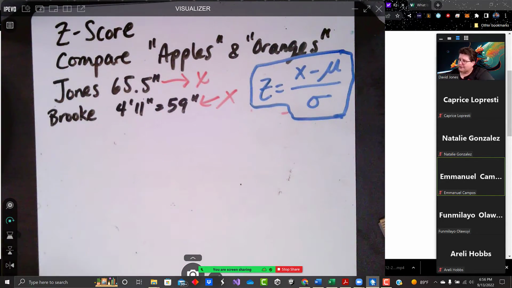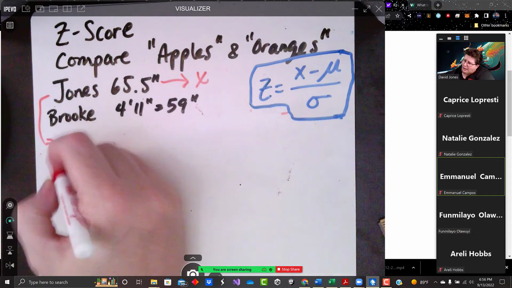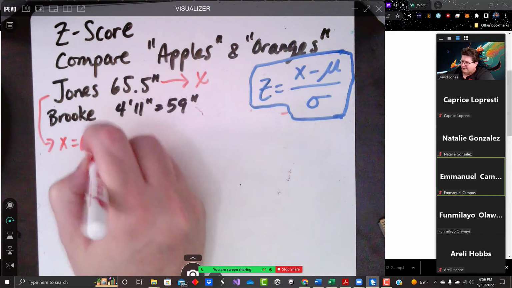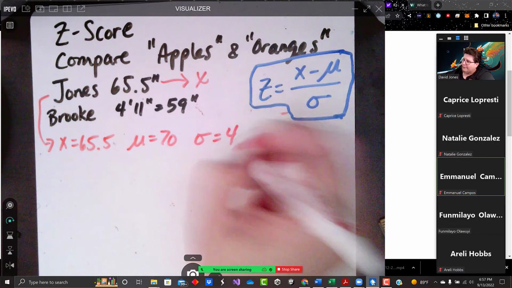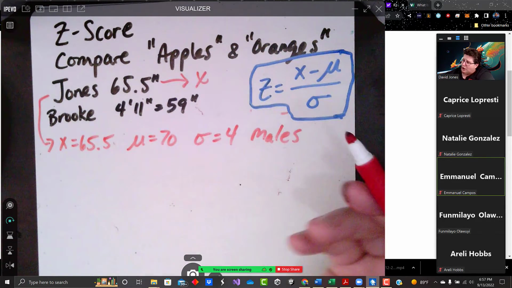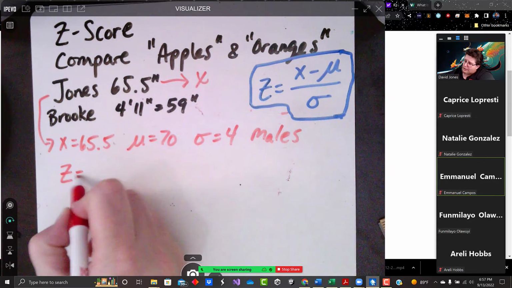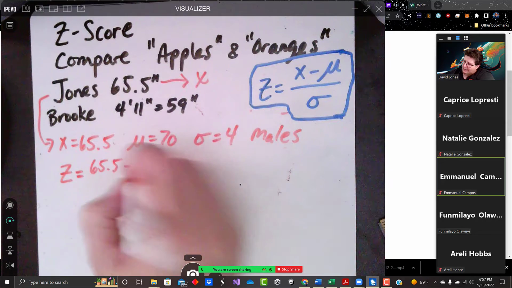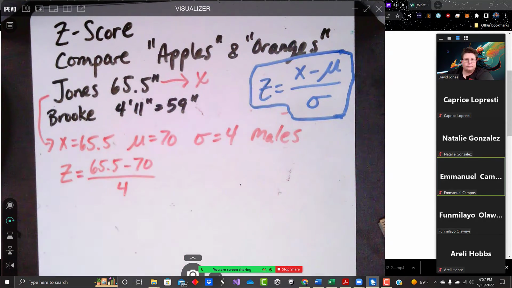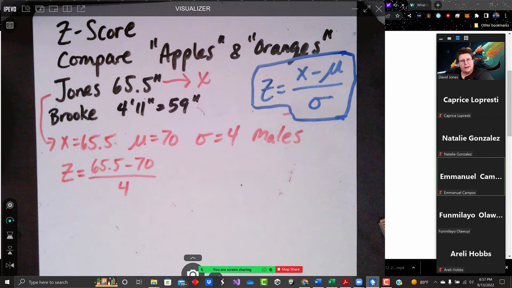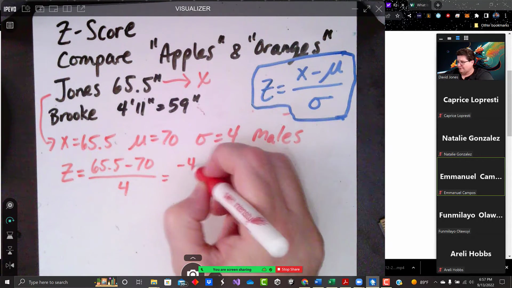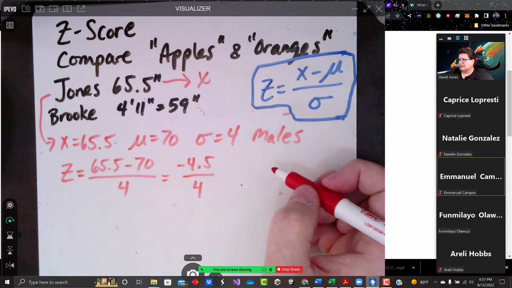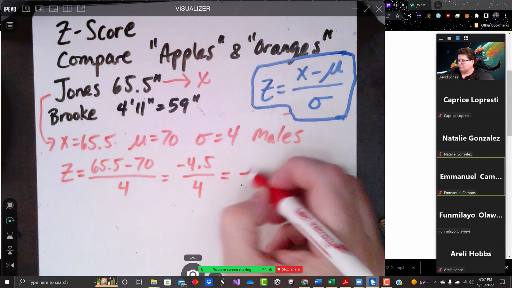So let's calculate the z-scores for each group. I will use red for me. For red, Jones, my x score is 65.5. The mean was 70 and standard deviation was 4 for males. So if I plug these in, I have z equals 65.5 minus 70 over 4. And I do the subtraction first. I get negative 4.5 over 4, which is negative 1.5